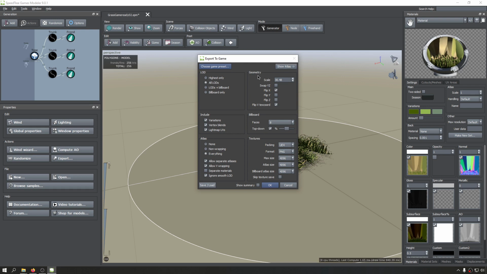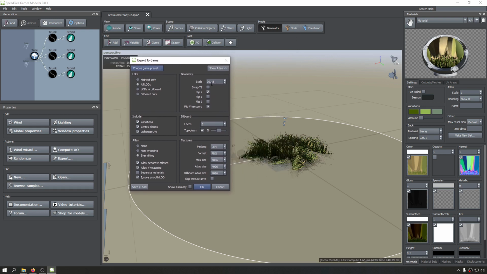So the next option is the geometry, and of course we have talked about it before in the Cinema edition, and this is really dependent on the target software that you're going to export for. If you want to swap Y and Z, or if you want to flip X or Y and Z or anything, it's going to optimize it for the target software. And of course this takes a bit of experimentation for every software that you use to export, so that